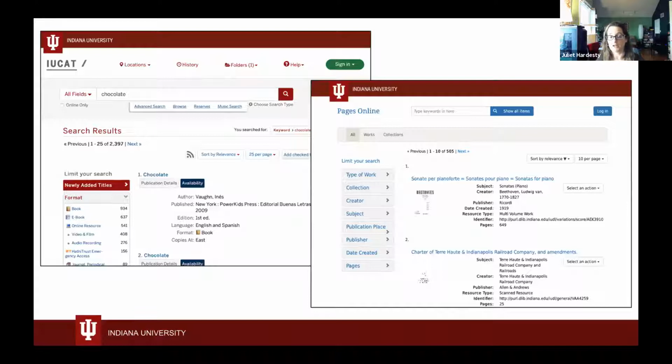And we looked at it, but IU already uses Blacklight for many other system-wide services that we have, including our online library catalog, IUCat, and other digital collection services such as Pages Online that make use of the Samvera software stack that includes Blacklight. And the ArchivesSpace public user interface would be a completely new system for our libraries technologies team in charge of the service to learn and support.